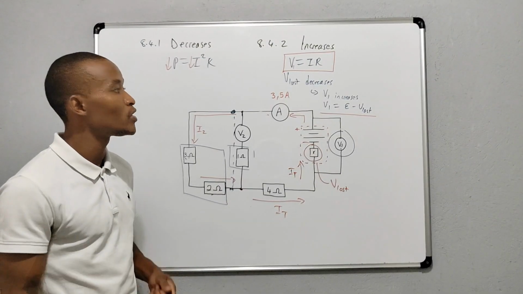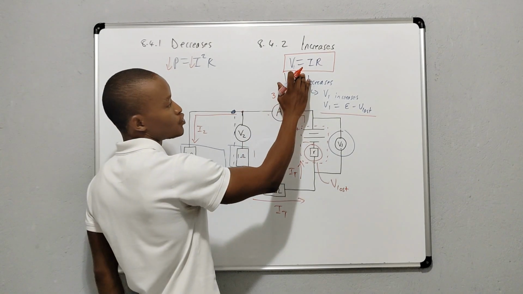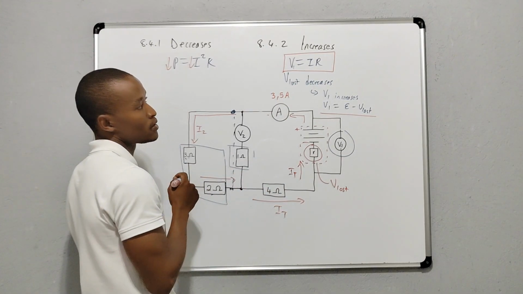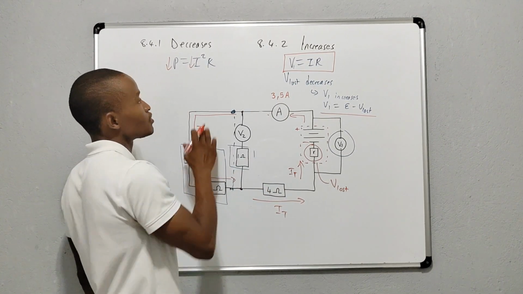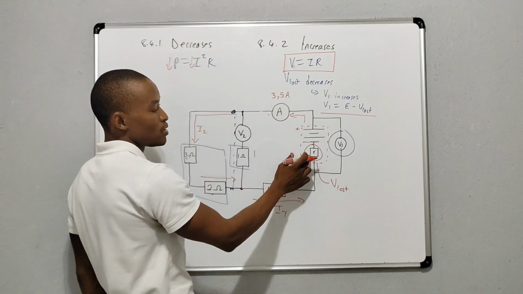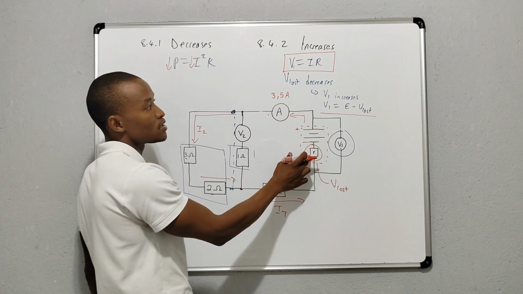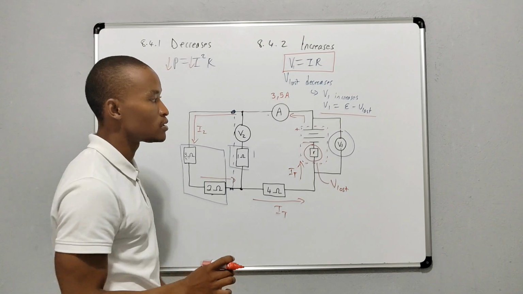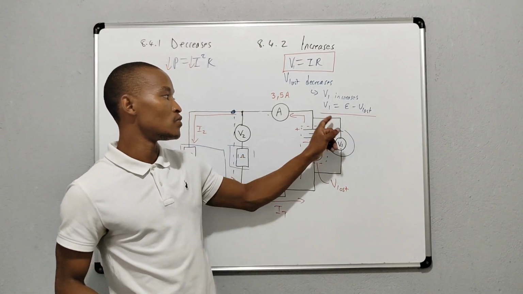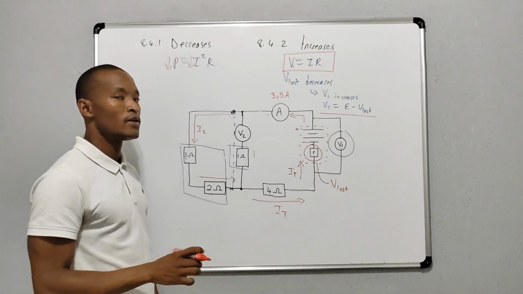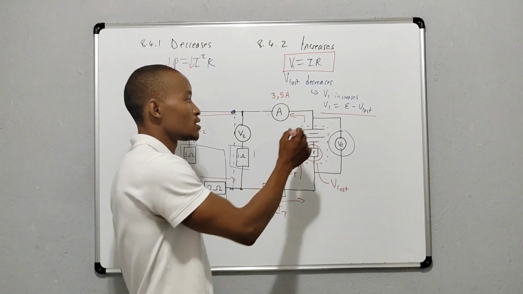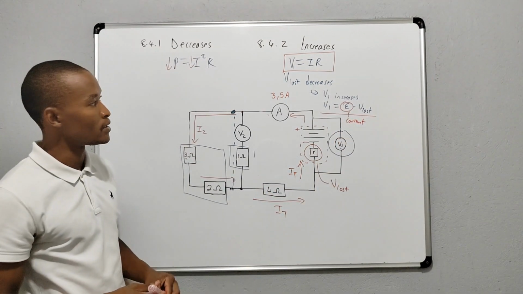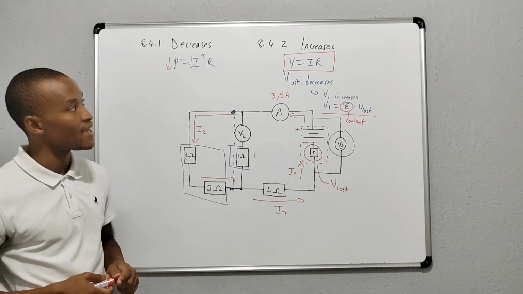Okay, so for 8.4.2, we have to talk about the reading on voltmeter V1. So we produce the equation here, current times resistance. So what is happening to the resistance? The external resistance is increasing, which will result in the internal resistance decreasing. So therefore the lost volts will decrease. And according to this mathematical equation, if you decrease this quantity, you will end up increasing the voltmeter V1 reading, because the EMF is constant, right? It is the maximum work done by the battery. So therefore, that takes care of question